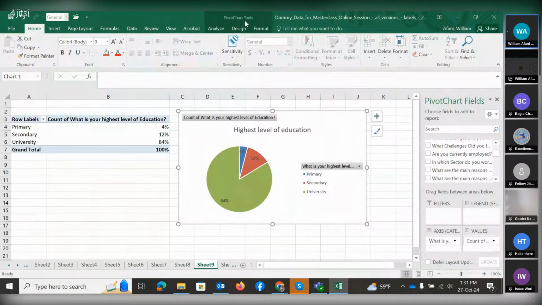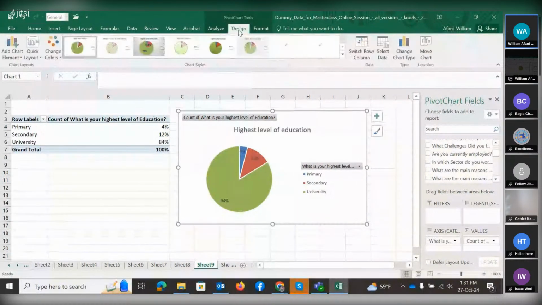When you want to make designs, you change, you will have them here. Change the color of your